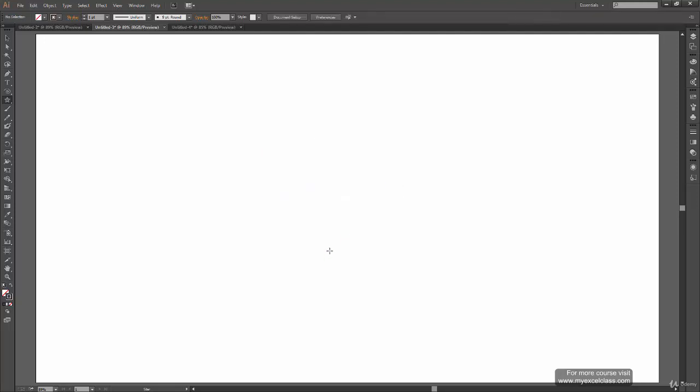All right. So next we are going to see is up and down arrow key. So again, like in all other tools, up arrow key is going to increase number of sides or number of points of a star, and down arrow key will decrease the number of points. All right.